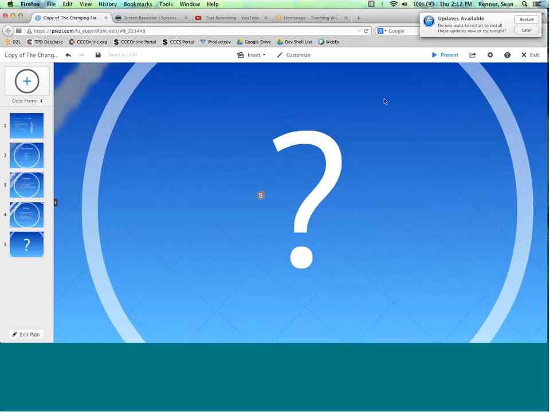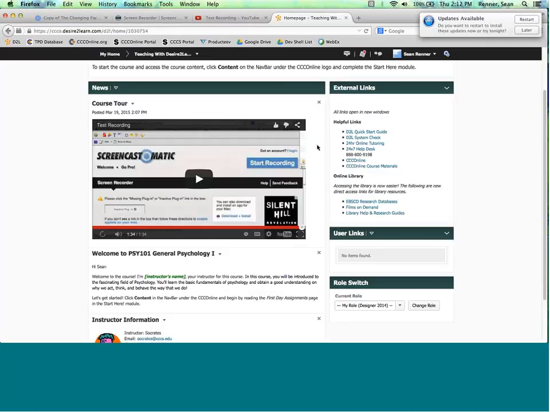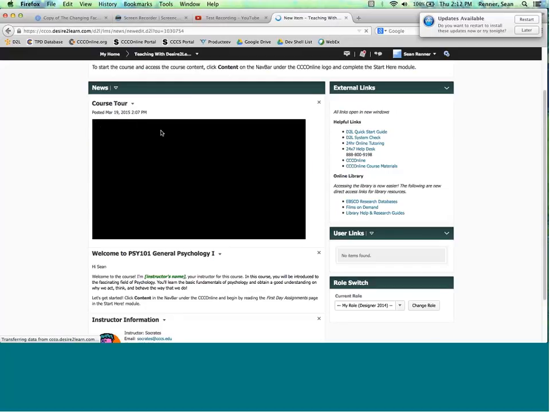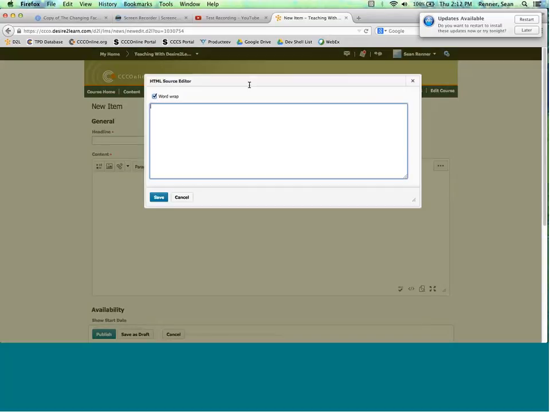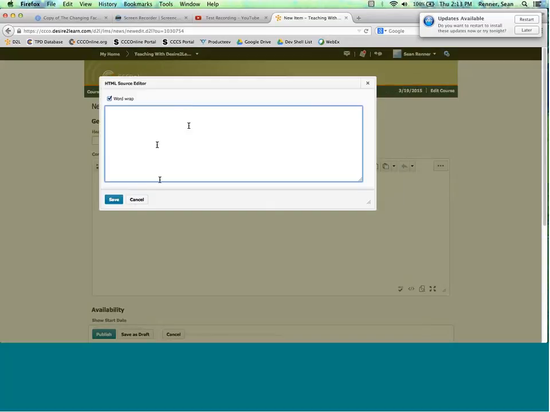So we had one question here to just look at one more time where the HTML code is in the news item. If we create a new news item, or if we were editing a news item and we were seeing what we had here, we go down here and click on these little brackets with a slash. This is our HTML source code editor. We click on that, and that's how we get into our window here where we paste that code.